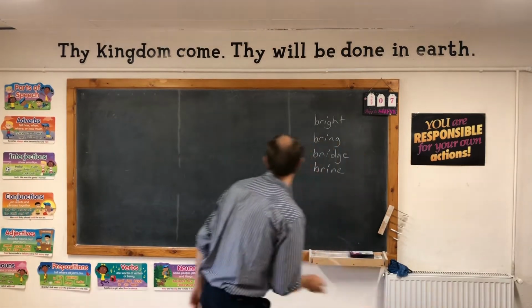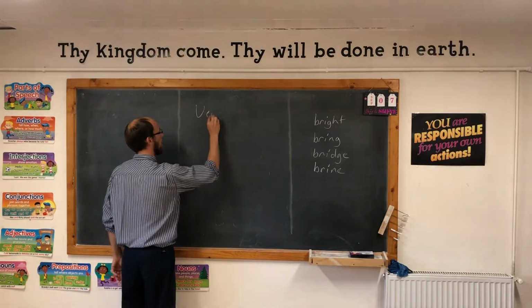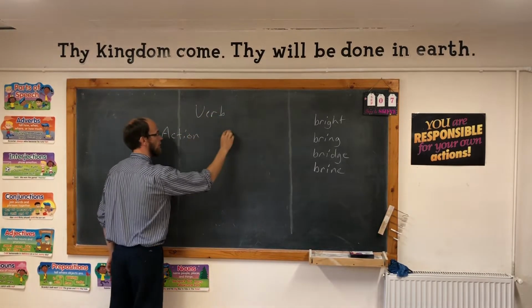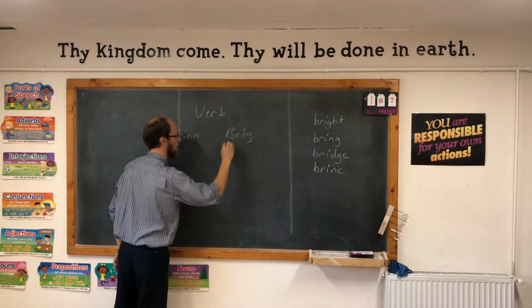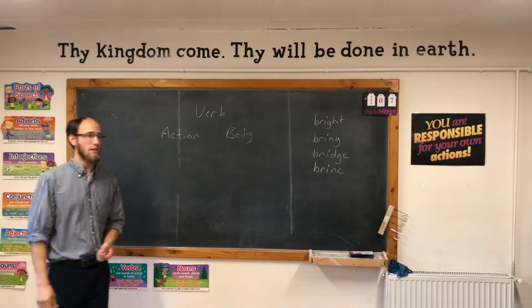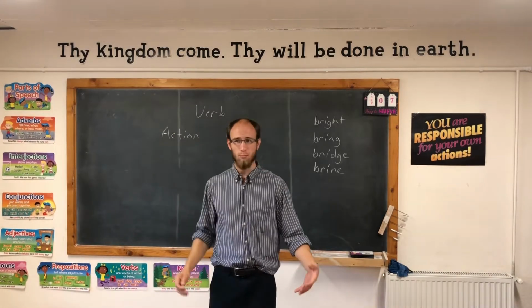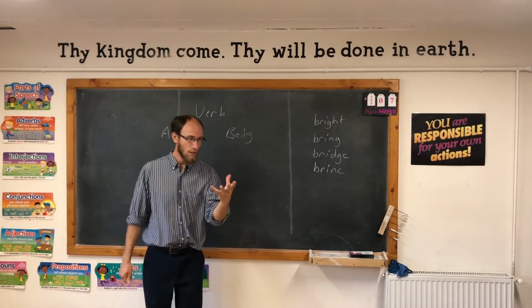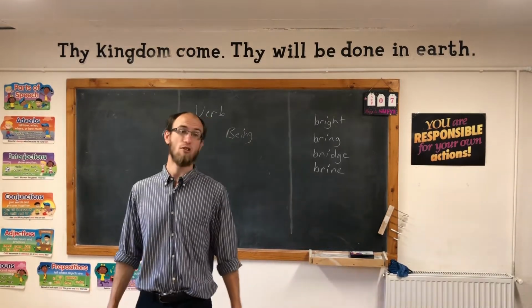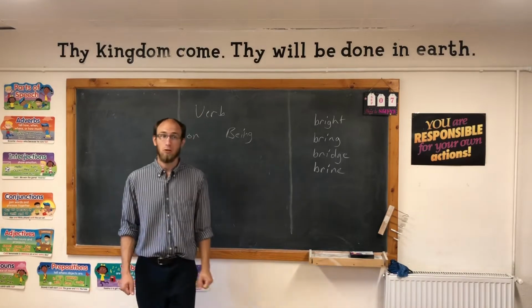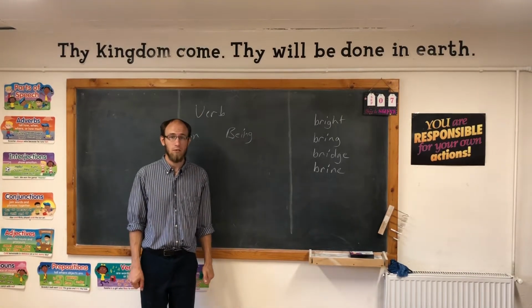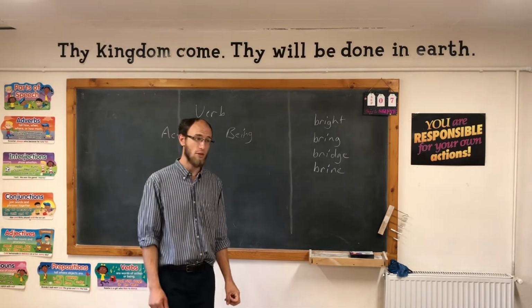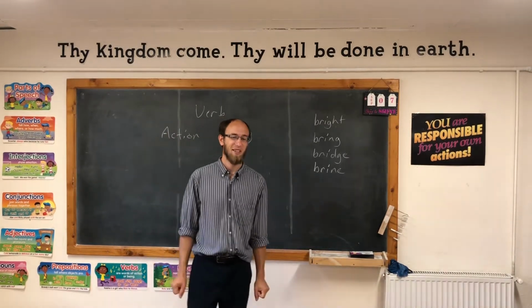Let me put it up. A verb is a word that will show action or being. Now this action can be in several ways. It can be physical action, like jump, the boy jumped. Kick, we kicked the ball. Or shout, that's even an action. Or it could be something that you don't even see happening. Grow is almost one of these. You can hardly see a tree growing. Some trees you almost can, but you can hardly see things growing.